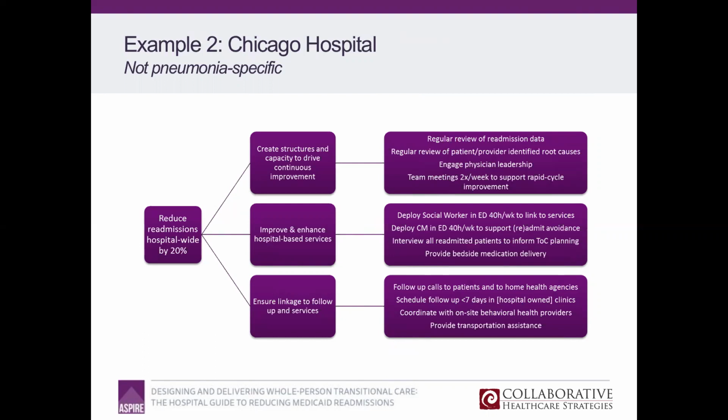And so I share this because I know not everyone in North Carolina would be in the same boat, but it's illustrative of my belief and my strategy that every readmission reduction strategy has to be done in the context of your hospital and your case for change and your resources. So back to Chicago. Their case for change was reduce all readmissions by 20%. We really don't want people coming back if they don't need to come back. And so they had a 3-part strategy.